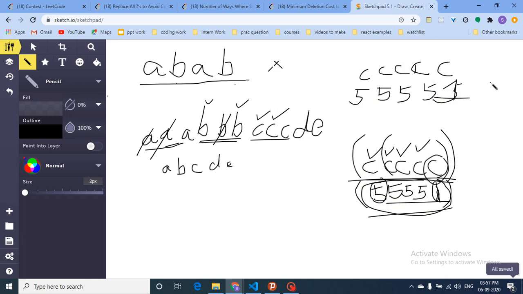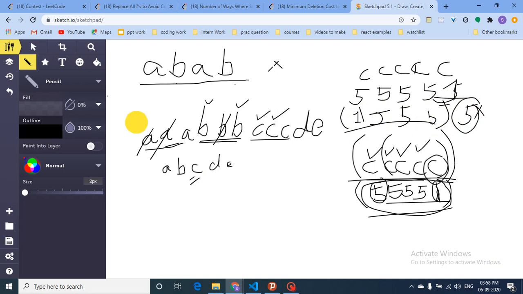You have to remove such that the cost is minimum. So you sort this whole array, and after sorting, take the first 4, leaving the last one, because we have to leave at least one character there. So take the first length minus 1 characters, and that's the answer.